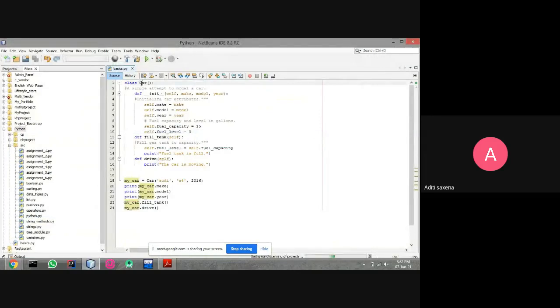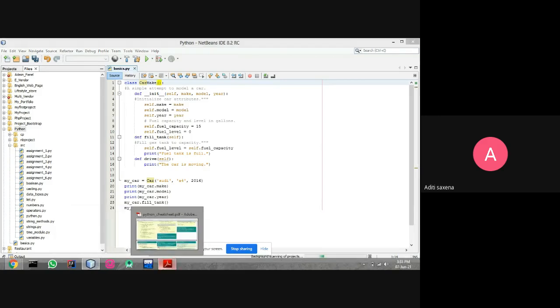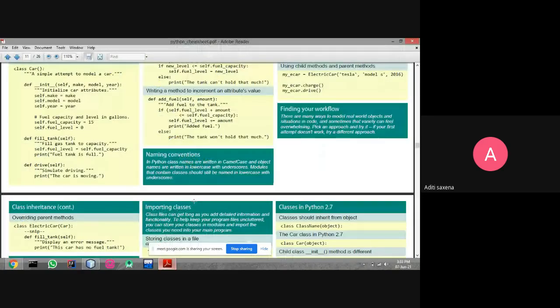I cannot create a class named car like this; I have to use a capital letter for the first letter of the first word. If I want to add another word, like car make, the first letter of each word starts with a capital. So this is most important in a class declaration. Naming convention is most important.